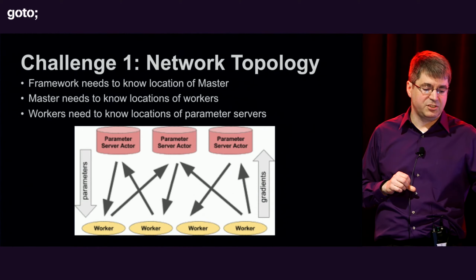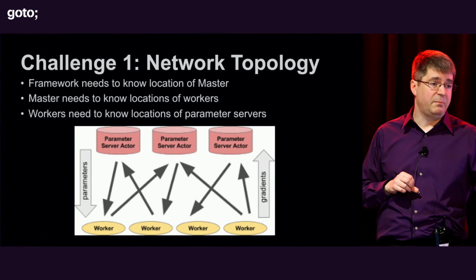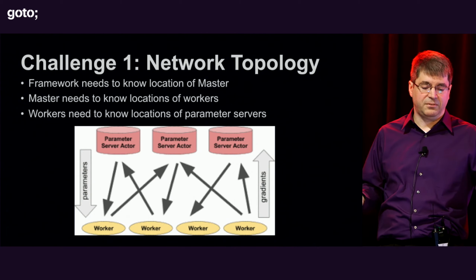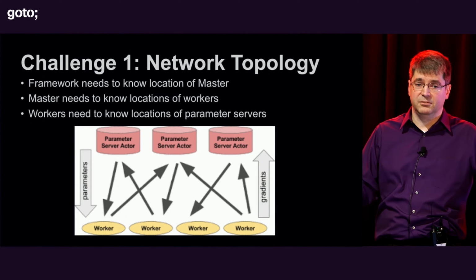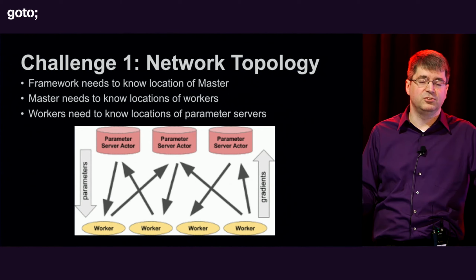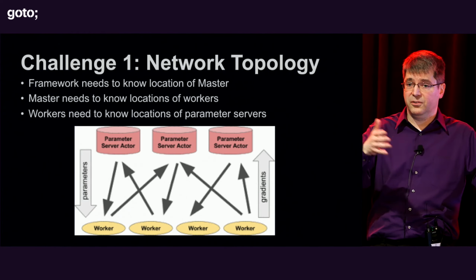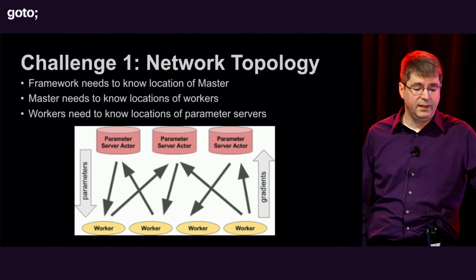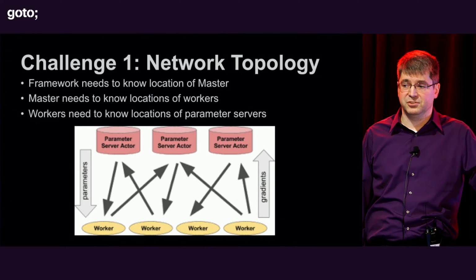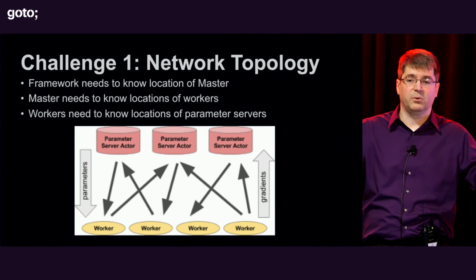So in this case, I'm basically showing a distributed TensorFlow training, which has a master, and the master node needs to know where all of the different worker nodes are. All right, fine. So that's one level of complexity. If you're going to spin up 1,000 containers, which may or may not be too many depending upon the size of the training you're trying to do, you have to pass back the IPs for all 1,000 of those containers to your master. It gets more complicated then because the workers need to know about the location of the parameter servers. So now you've got a couple different levels of hierarchy, all of this networking information that needs to be